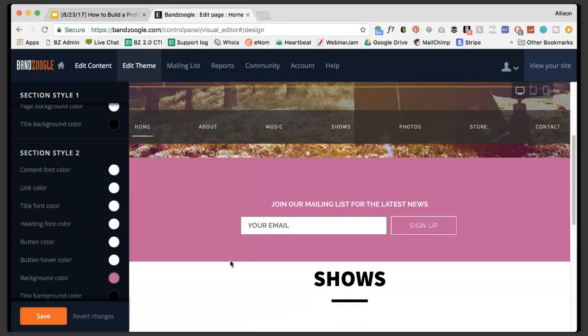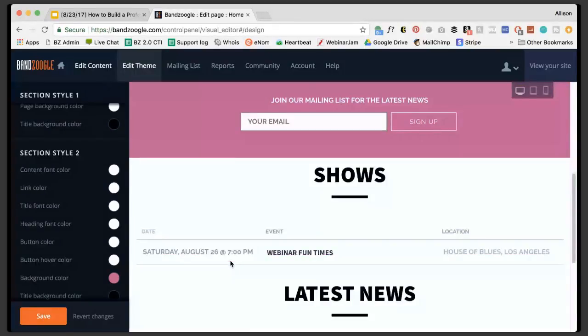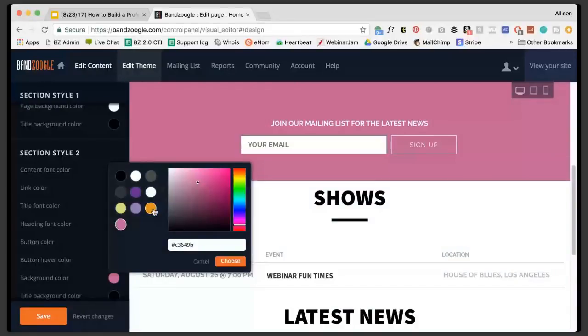And so now you'll see that this is a different section. Actually, that is too ugly. I can't even stand it. So I'm going to change it to the orange. Okay, so now